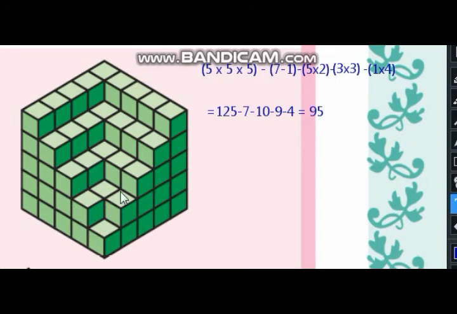You can see here 1, 2, 3. So total how many rows of 3 are not there? 1, 2 and 3. So 3 3s are 9. Then here 1 cube, and 1 cube of how many rows? 1, 2, 3 and 4. So 1 4s are 4. 4 cubes are missing here. So 125 minus 7 minus 10 minus 9 minus 4 is equal to 95. 95 cubes to make this model.